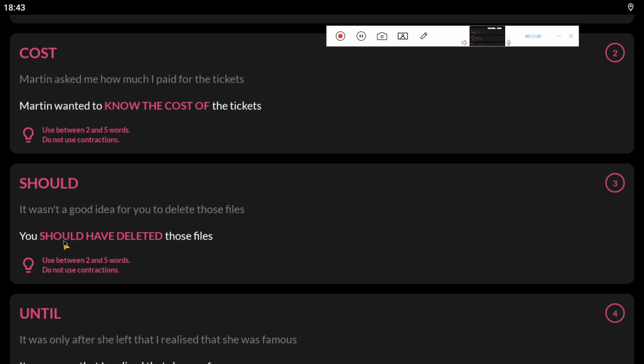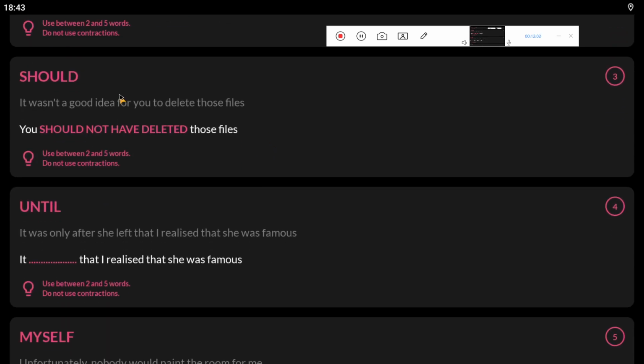What is the specific meaning in Spanish of this phrase? The sentence, you shouldn't have deleted those files. Who can tell me? That's in the positive way. Dice tú debiste haber borrado esas carpetas. Perfect. But is missing here the negative way. You shouldn't or you should not. Just the same. Tú no debiste haber eliminado those files, right? That is the meaning. Okay?